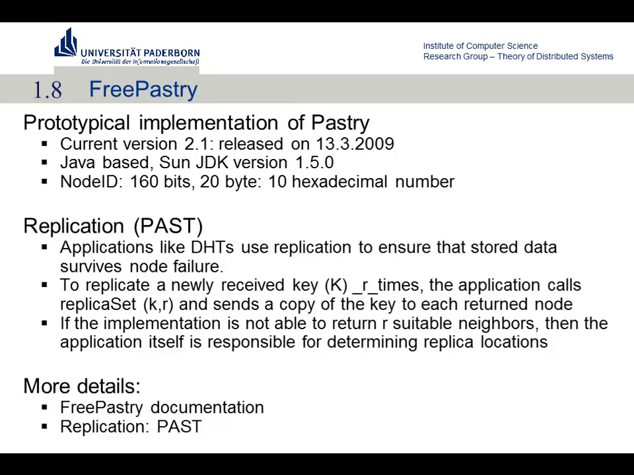Okay, so far to Pastry and what API it provides. Now FreePastry, and FreePastry is, that's why important and relevant, because it's also